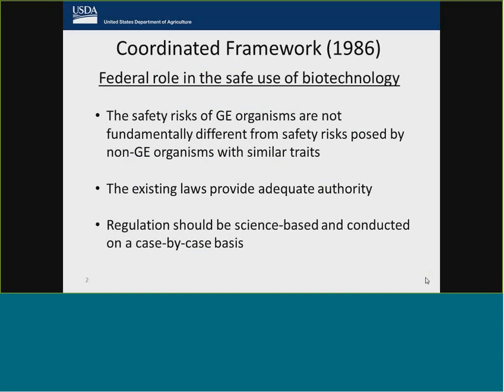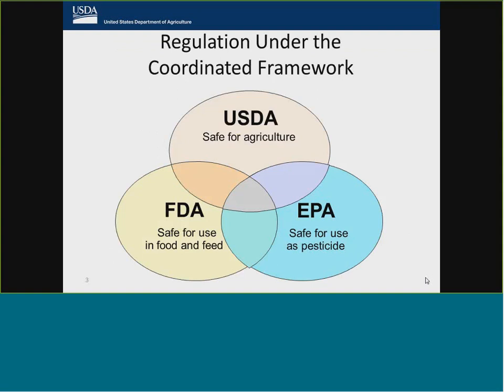Sarah already gave an overview of the coordinated framework, and this slide just kind of goes over that again. I won't spend a lot of time on this because Sarah has mentioned it. Under the coordinated framework and particularly for genetically engineered plants, as Sarah mentioned, there's 3 regulatory agencies that are involved, USDA, FDA, and EPA. And I'll talk today about USDA and our work to ensure that GE products are safe